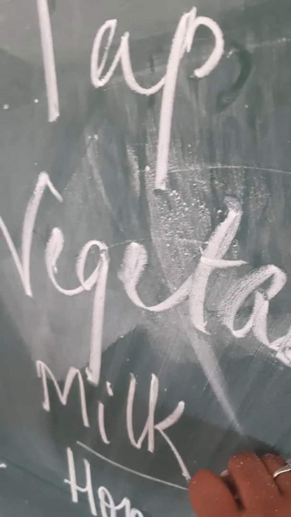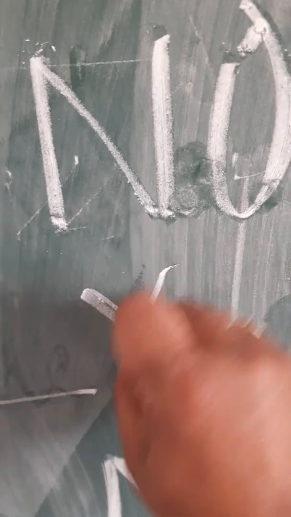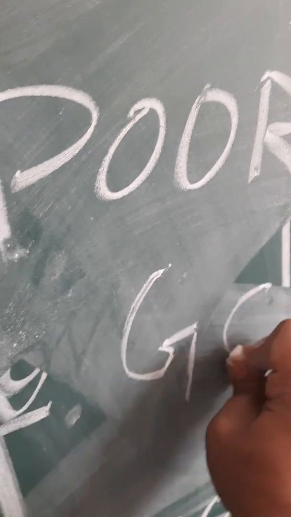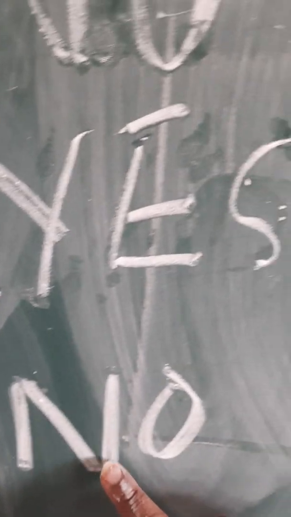And then we come to milk. Yes, milk is full of minerals. So for milk it will be yes. If milk is yes, then it is a good conductor. And finally honey, and honey comes over here with no. No means it is a poor conductor.